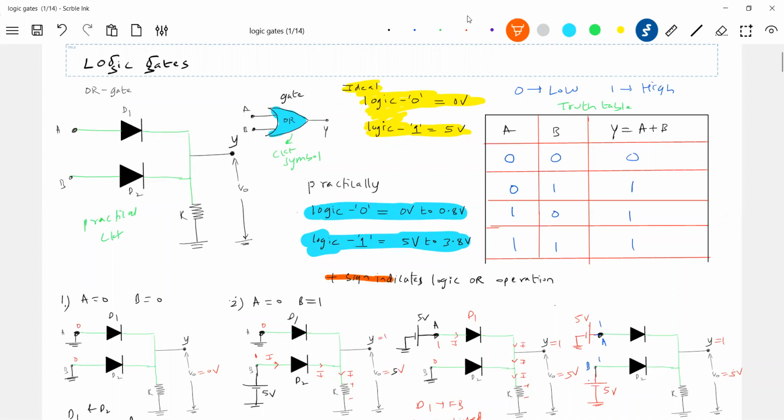I think this is something very important. You should not go for this: 1 plus 1, don't write 2 here. Some of you will get tempted. Sir, okay, fine, sir. 0 plus 0, 0. 0 plus 1, 1. 1 plus 0, 1. 1 plus 1, sir, 2. You don't have logic. You are good in maths, but you don't have logic. Getting this? So 1 plus 1 will be 1, logic 1. The plus here is not addition, it's a logic OR operation. The plus sign indicates logic OR operation.